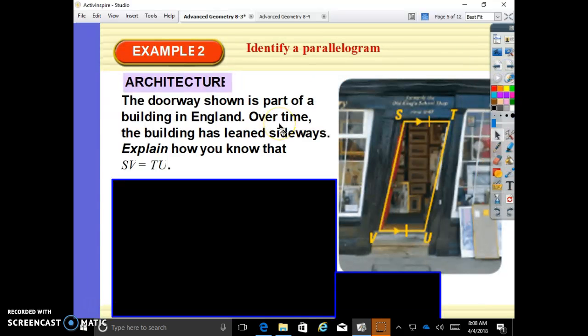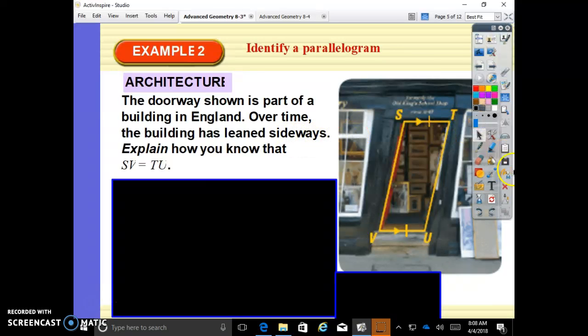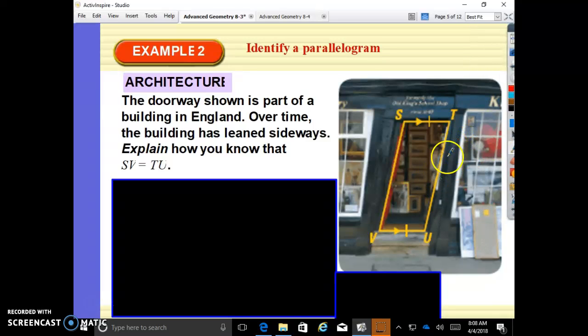The doorway shown is part of the building in England. Over time, the building has leaned sideways. Explain how you know that SV equals TU. How do you know that SV equals TU? So we have another rule for parallelograms. The next rule is if you have congruent parallel sides, right, since these are congruent and parallel,